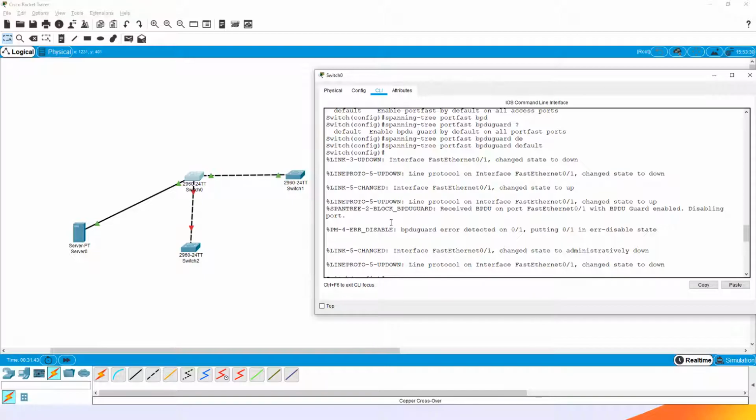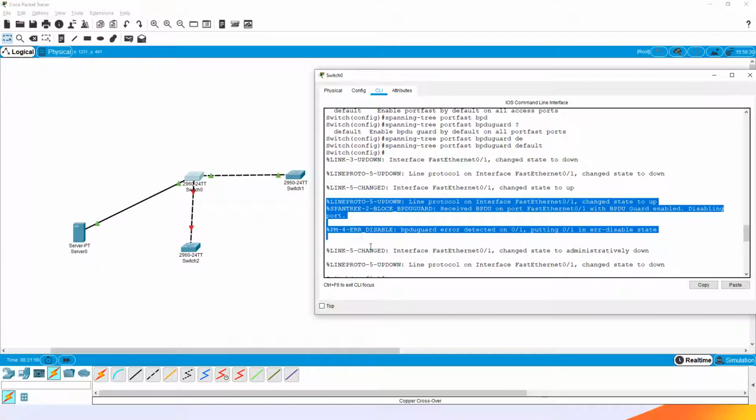So BPDU guard protects you if somebody accidentally connects a switch where the port fast is enabled.